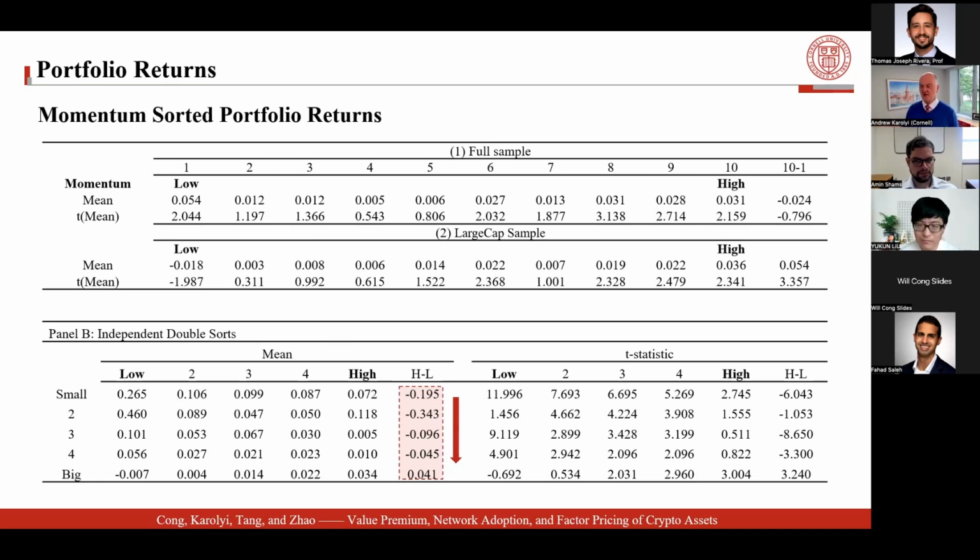There's a two-way sort on the bottom, small to big in the actual rows, low to high momentum across the columns. And what you can see is just how interestingly concentrated the momentum effect is in the ultimately largest quintile. Do you see that going from minus 70 basis points up to 3.4%? That 4.1% spread is concentrated in the top quintile, and you don't see it in the other four. Again, affirming of the importance of building out this broader sample.